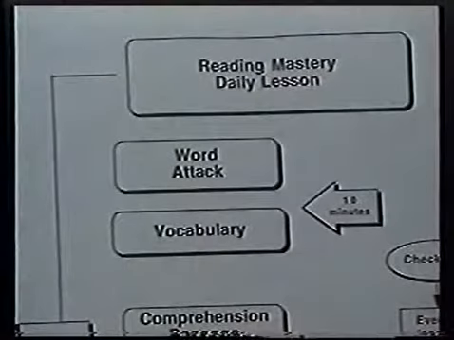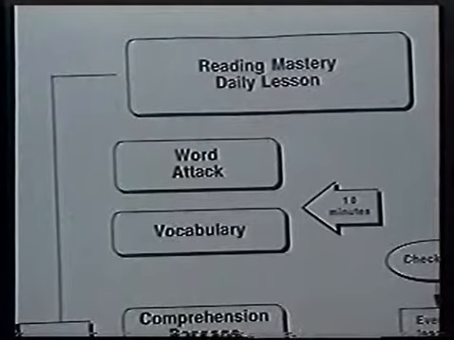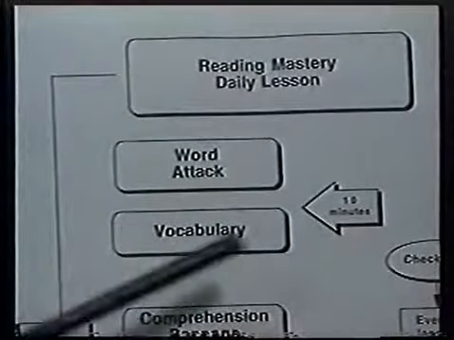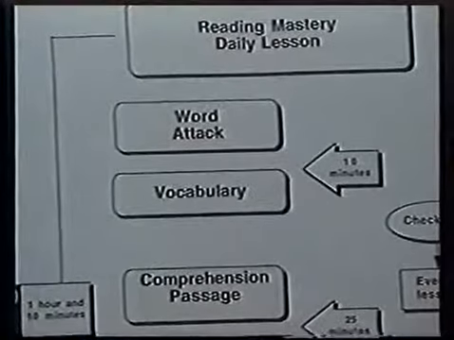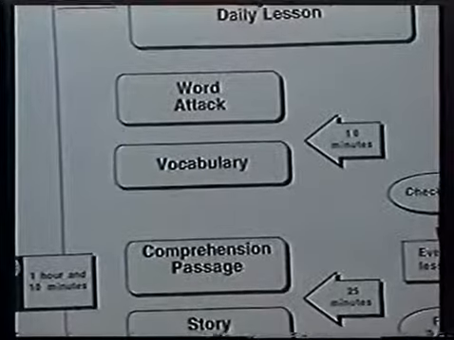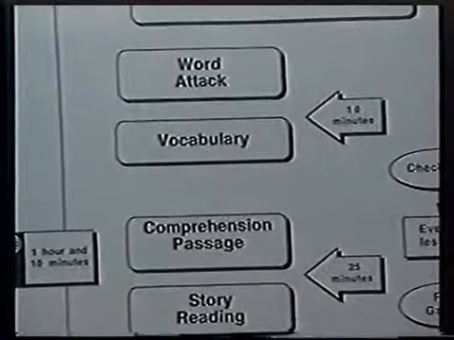The Reading Mastery 3 program is organized into carefully sequenced, scripted daily lessons that begin with about 35 minutes of teacher-directed work. First are the word attack exercises, which take approximately 10 minutes to complete. During these exercises, you present decoding and vocabulary building strategies with words that will appear in the stories and independent